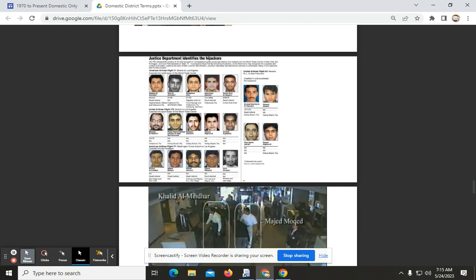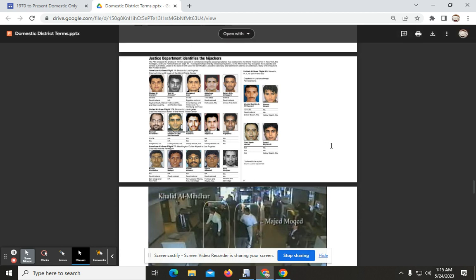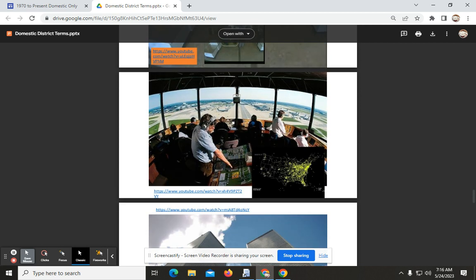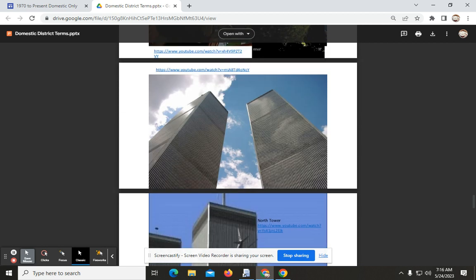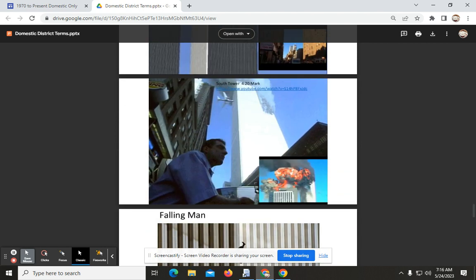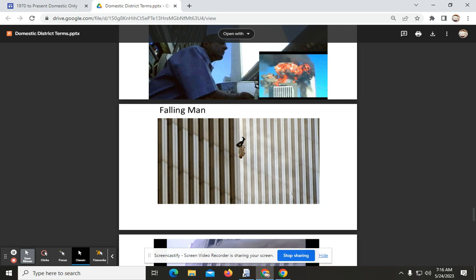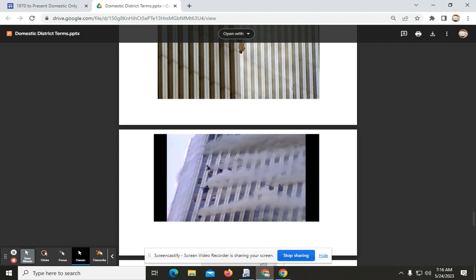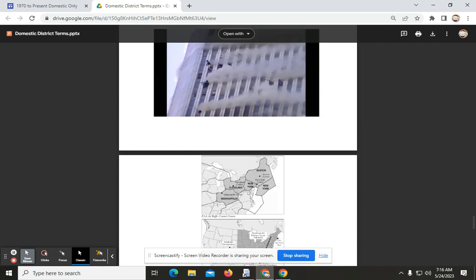By the time we get to 9/11 in 2001, we would see the 9/11 attacks take place. Al Qaeda starting to organize in the 90s and would send a group of 19 hijackers into the United States to commit an act of terrorism on the Trade Center. Here we see the North Tower getting hit. If you were to click these links, it would take you to some of that footage. Americans were caught trapped in the buildings and could not get out, especially if they were above the impact zone,